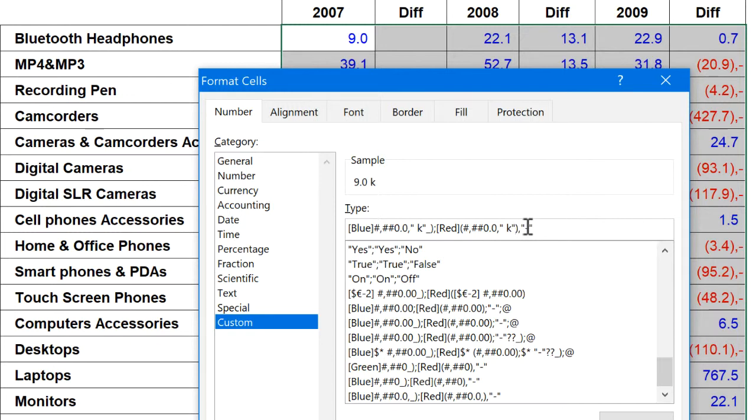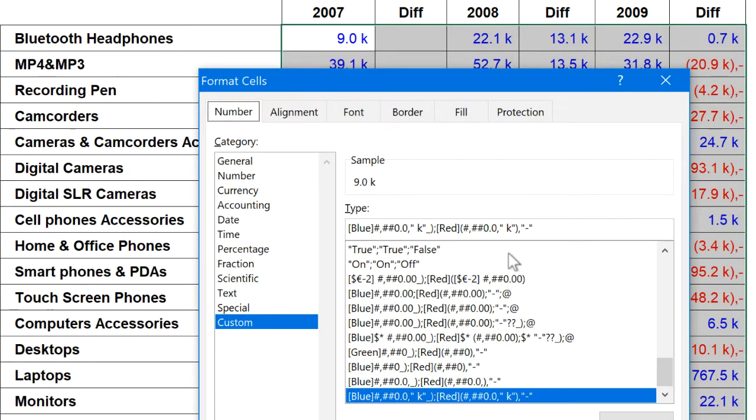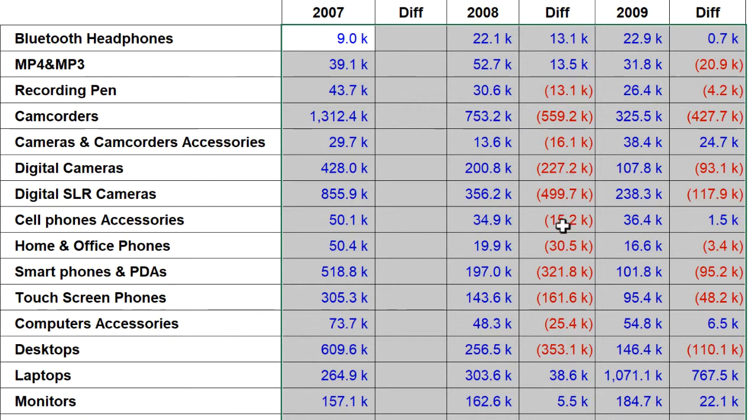Okay, and the same thing for the negative numbers. All right. Okay, there seems to be something wrong here with the negative numbers. Let me check back again. Oh yeah, I forgot the same thing as I did before. This is a comma. It shouldn't be a comma, it should be a semicolon. Okay. All right, now let's go ahead, and as you can see here now, we added the letter K